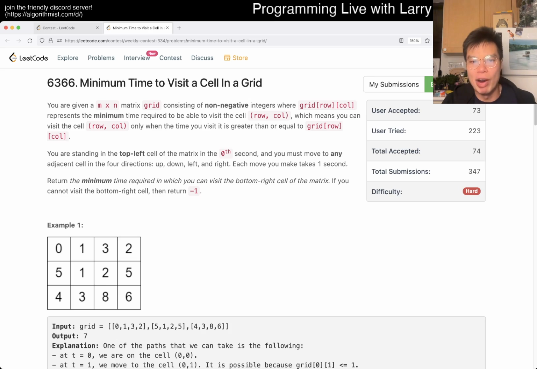Yeah, so this one is very cleverly disguised. It's a very tricky problem for sure. It took me a long time. You can watch me solve it live to see where the time went. But I think the first thing to notice, of course, is that it's a graph problem going from top left to bottom